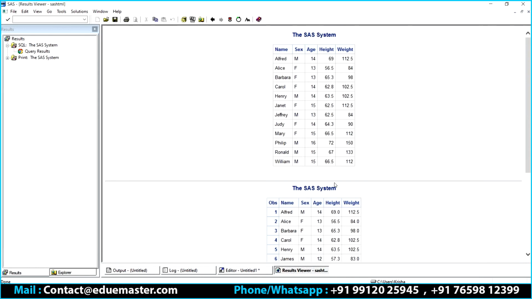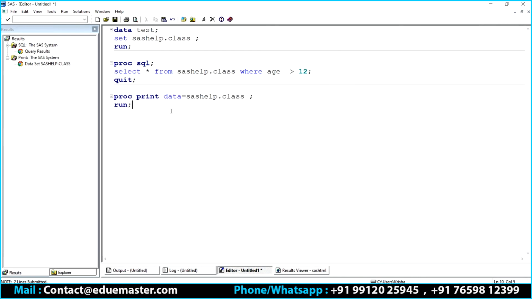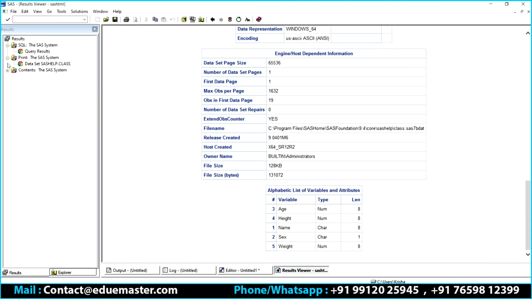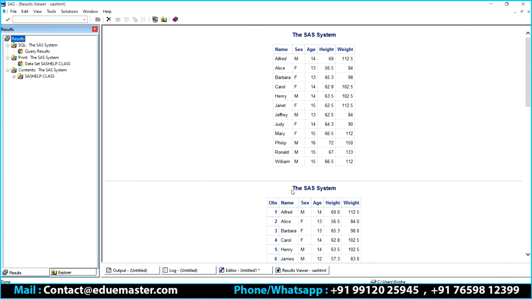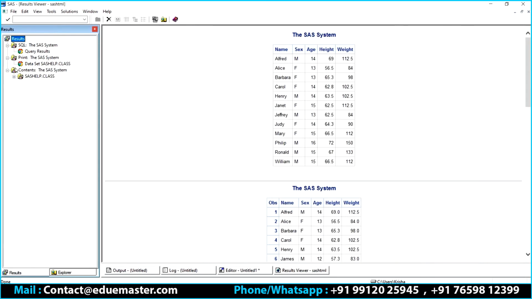My output will go to the results viewer only, you can see. But you can also see here, I have a track of what I'm doing. The tree is created and I have the track of what I'm doing here. But that will be used only for procedures, or I can say it can be used only if my output is a report. Can you see? My outputs keep loading into the results viewer, correct? And also I'm having a track of what I need.